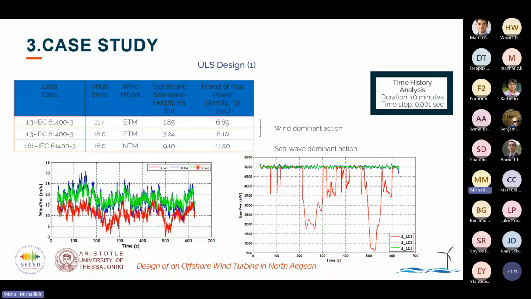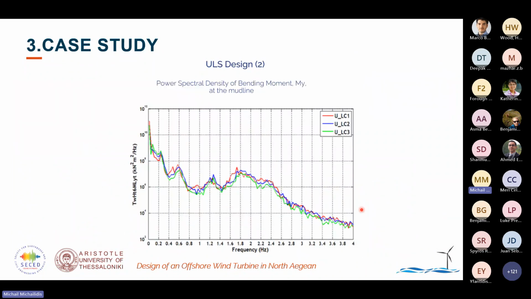And the red one, as you can see, corresponds to the 11.4 that has other fluctuations here, smaller than the cut-in speed, being in the power control instead of the pitch control, and having this fluctuation in the wind power production as well, which is smaller than the 5 megawatts.